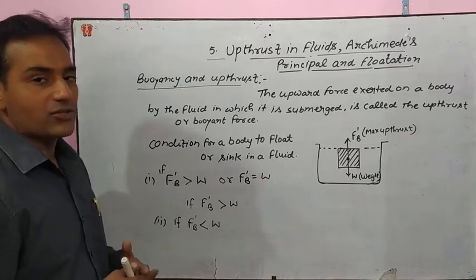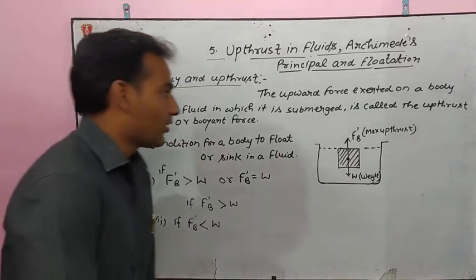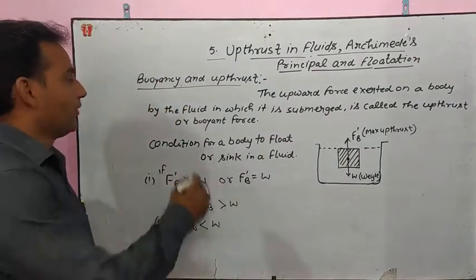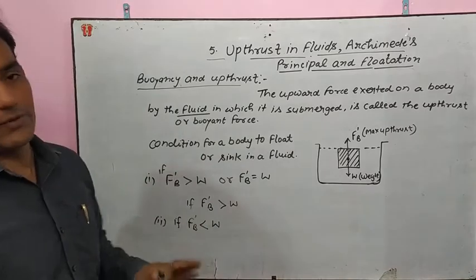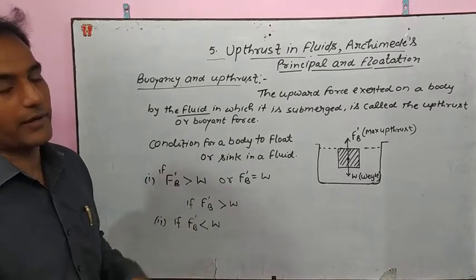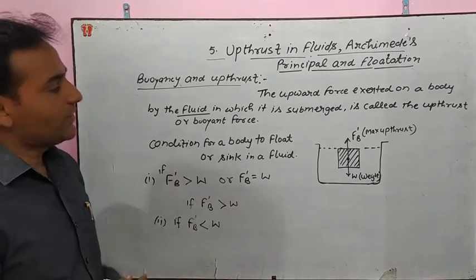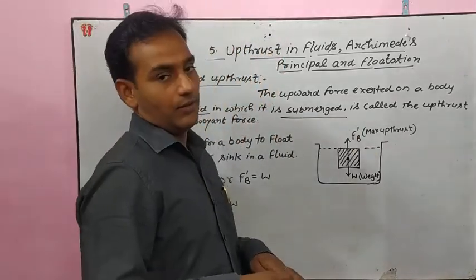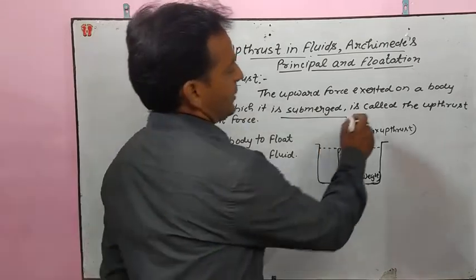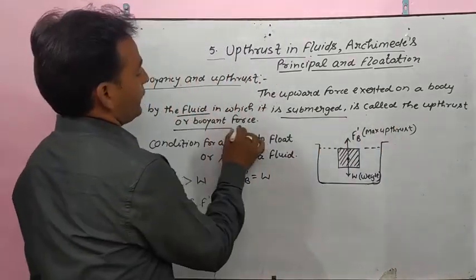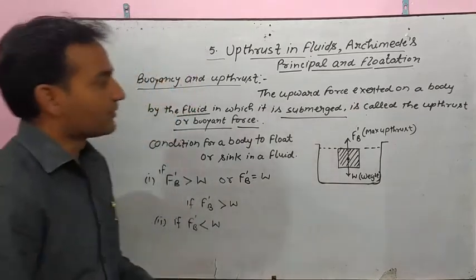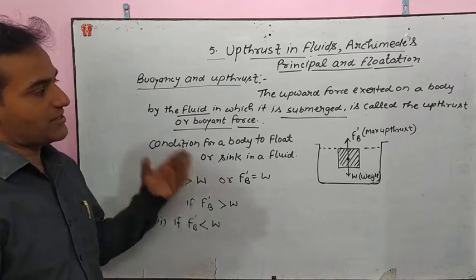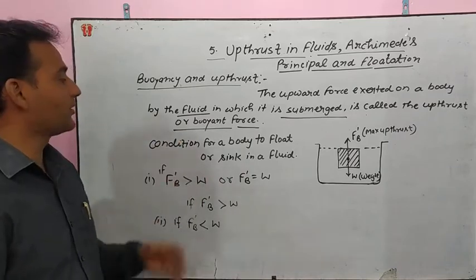Let us see the definition for buoyancy and the same for the upthrust force. Upthrust and buoyancy actually are the same words. The upward force exerted on a body by the fluid. Fluid means any fluid can be there. It may be water, it may be sea water, it may be oil, it may be any other liquid, in which it is submerged. Submerge means to immerse, is called the upthrust or buoyant force. Let us see once again. The upward force exerted on a body by the fluid in which it is submerged